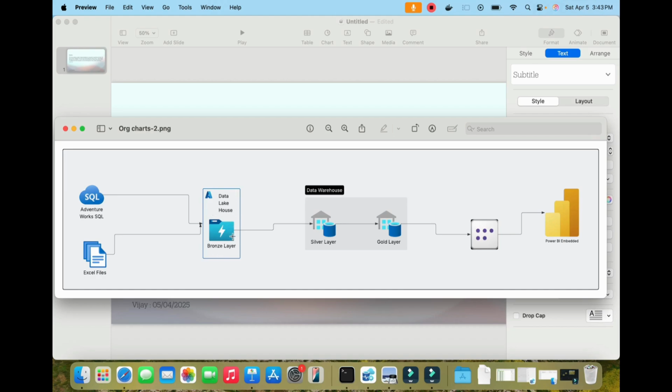On top of this, we are building the data warehouse, which consists of the silver layer and the gold layer. Before we ingest the data into the silver layer, we perform data cleansing operations before writing the data into the silver layer. At this point, we have clean data that can be processed and aggregated for the next layer, which is the gold layer. We will build a semantic model, and based on this model,